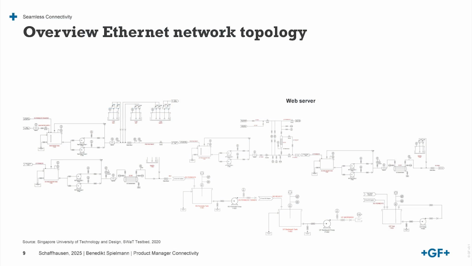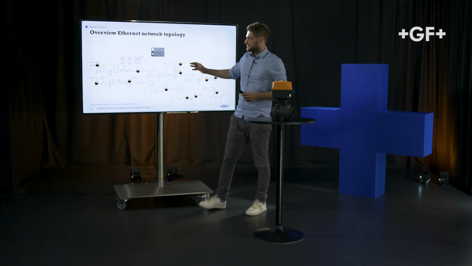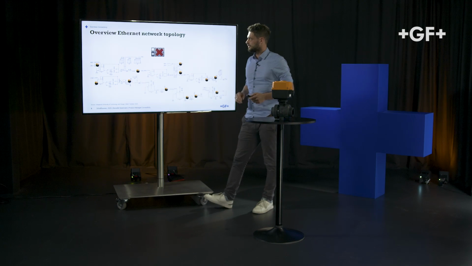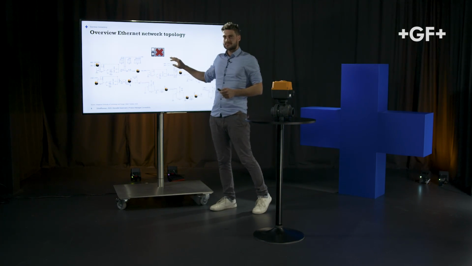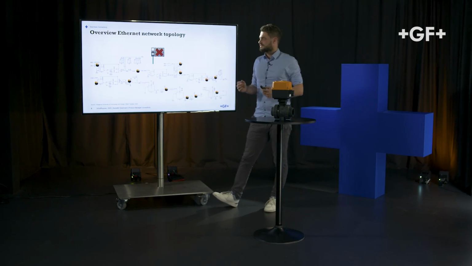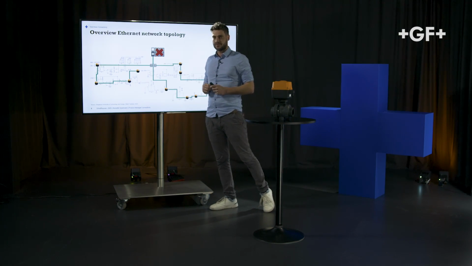How does such an Ethernet-equipped network topology look, and what are the differences compared to an analog world? Again, we have here a PNID of a process plant. In this example, we have several actuated valves in the process plant. Of course, it's still needed to have any kind of control system, so a PLC. But here we can see the first difference compared to analog worlds. We don't need any I/O cards because it's possible to go out directly from the cabinet, from the PLC, with one single cable down to the field level. And there we have complete flexibility in how to connect all those devices with each other.